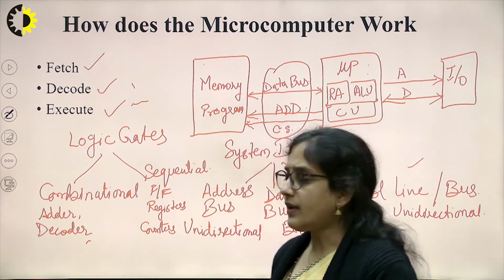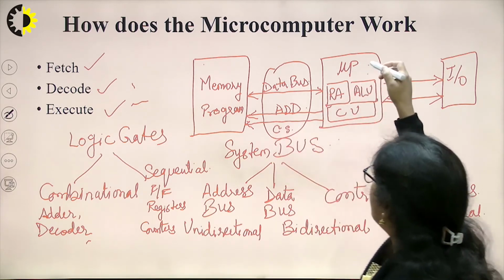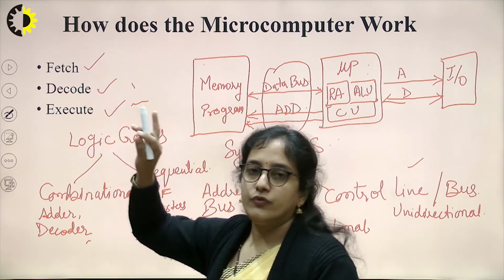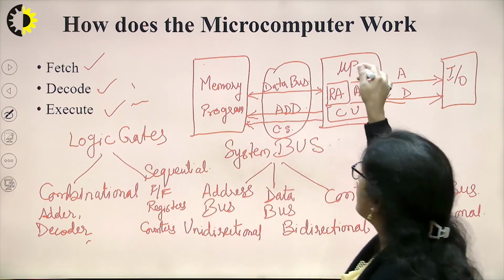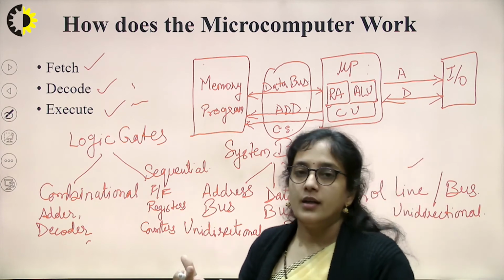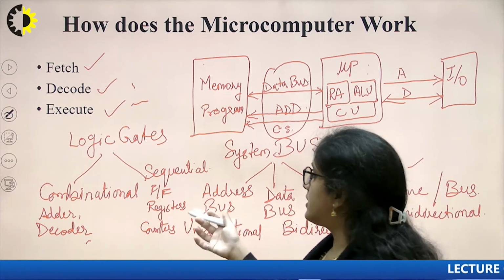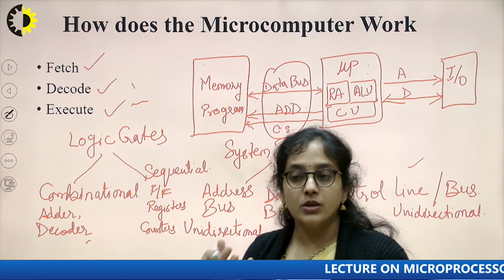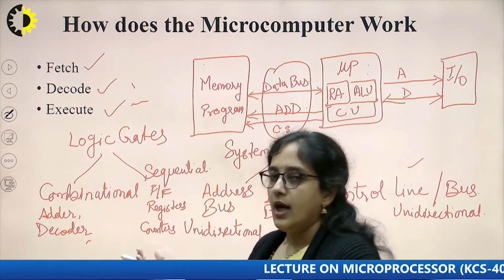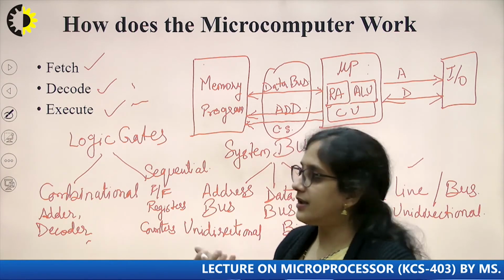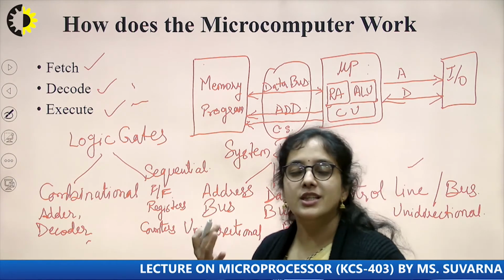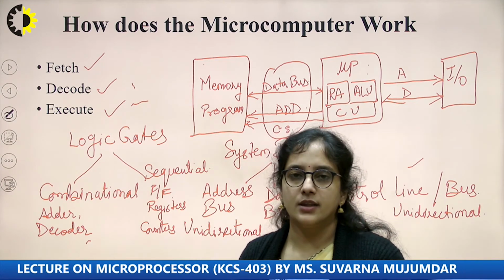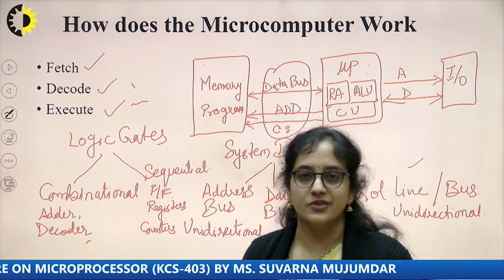Just to relate this, when I told you that it is decoding, for decoding the microprocessor uses decoder circuitry. For storing, it uses registers. When it has to count an operation, it uses the counter. And in the memory unit, the basic unit of memory is the flip-flop. So all the devices connected within the microprocessor are digital circuitries.